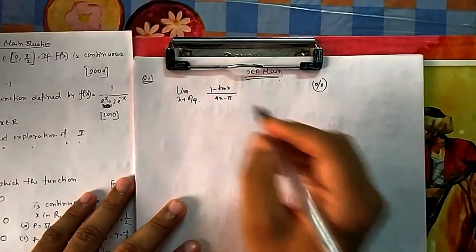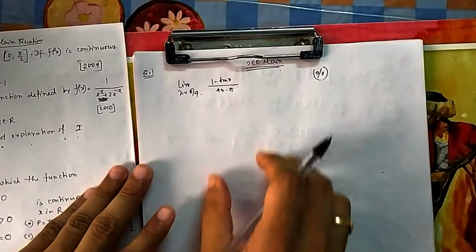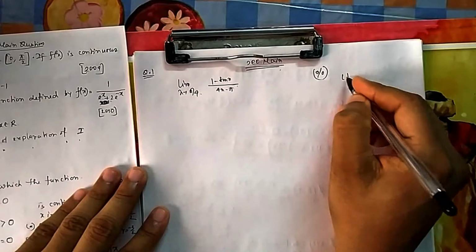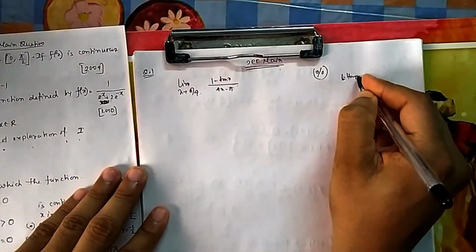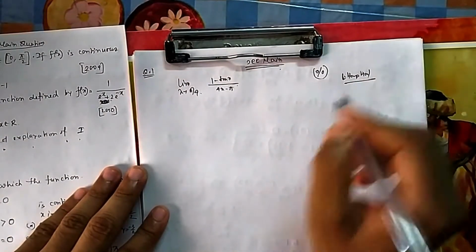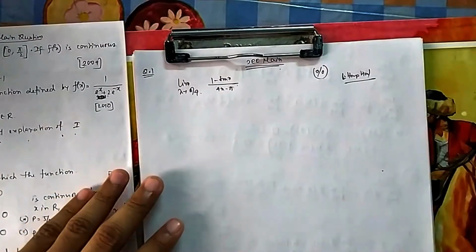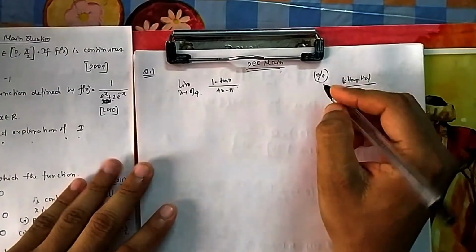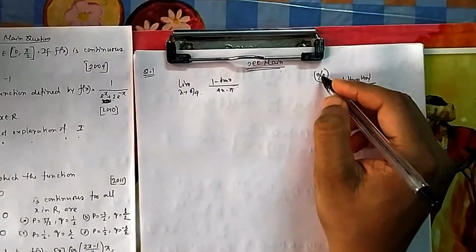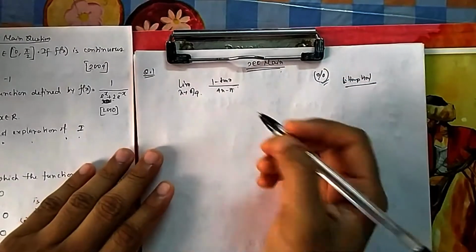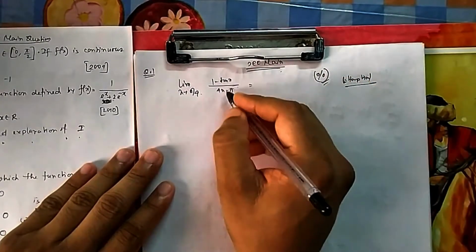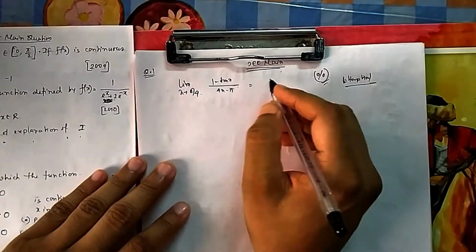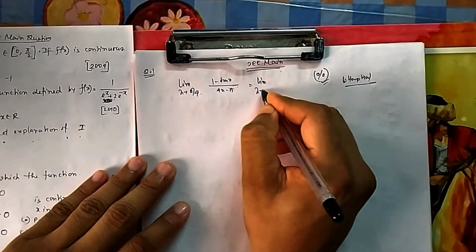So in JEE Main, there is no need to show the way you are solving it, you can directly apply L'Hopital's rule, because that is in your syllabus. In boards you may not apply this one, you have to look for what formula you can apply. But for JEE Main or JEE Advanced, for entrance exams, you can directly apply this, because it will save lots of time. No need to think which formula is there, and it is simple differentiation also. So it is the limit as x tends to pi by 4.